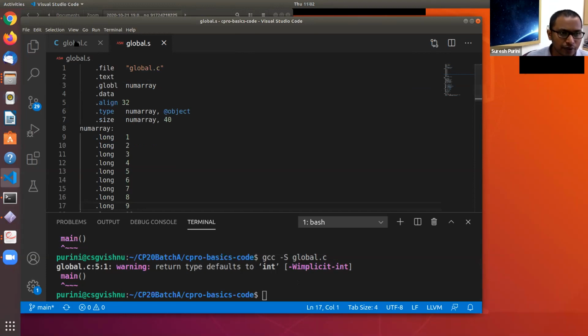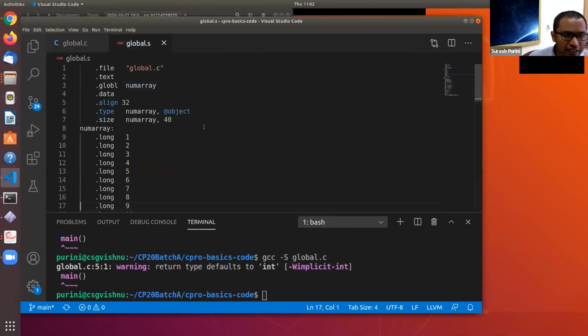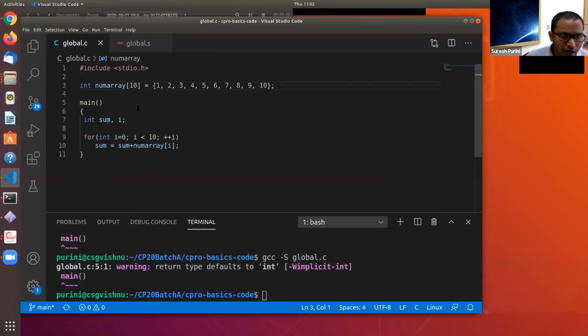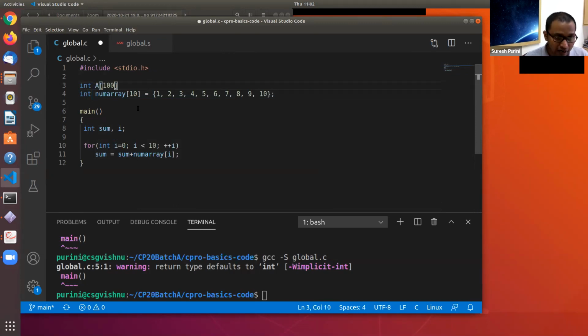All right. Now the memory for local variables sum and i is not allocated in the data section. Let's say along with this, we have something like int a of 100, for example.